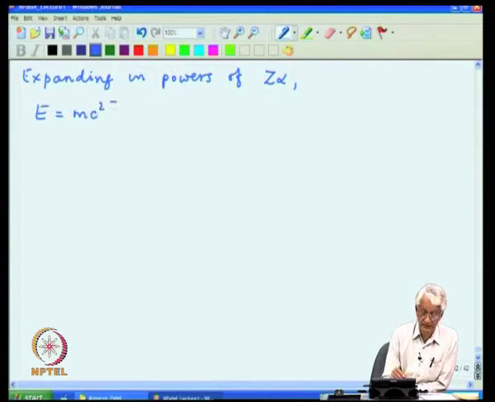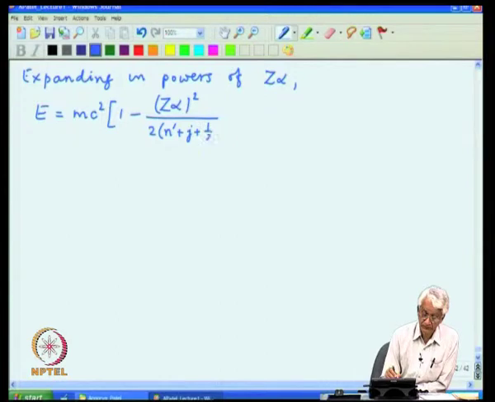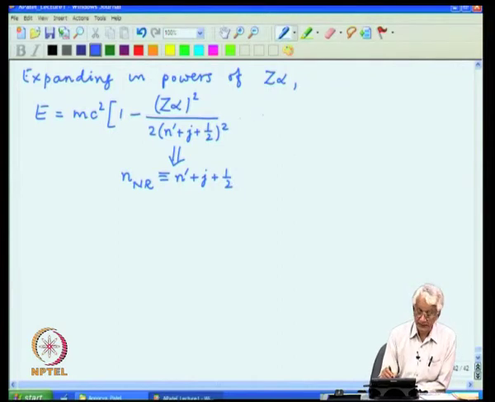The first term is just the rest mass, and the second term is the so called Rydberg formula, which means that we have to identify the non-relativistic quantum number as n prime plus j plus half,